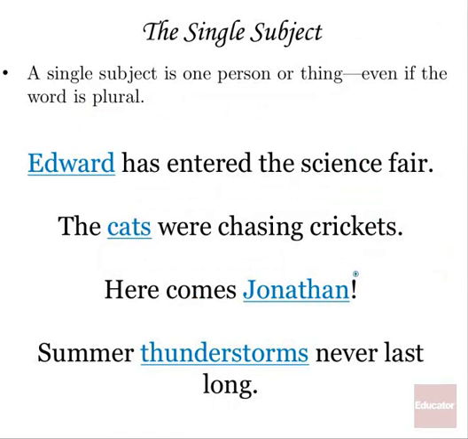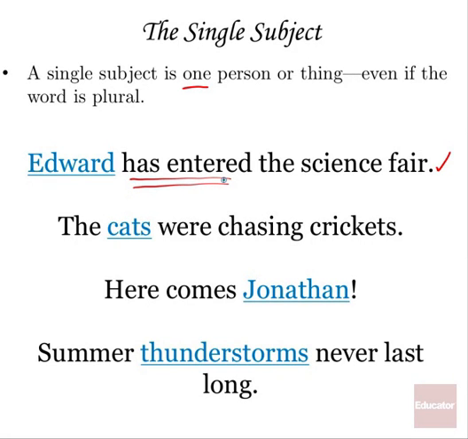Now, single subjects versus compound subjects. A single subject is one person or thing, even if the word is plural. The subject is all wrapped up in one word or one phrase, no conjunctions. So, Edward has entered the science fair. There's only one person that we're talking about in this sentence who's doing the entering, and it's Edward, so we